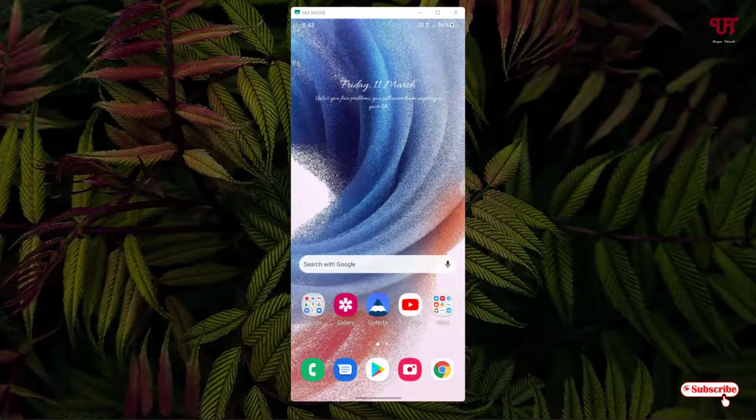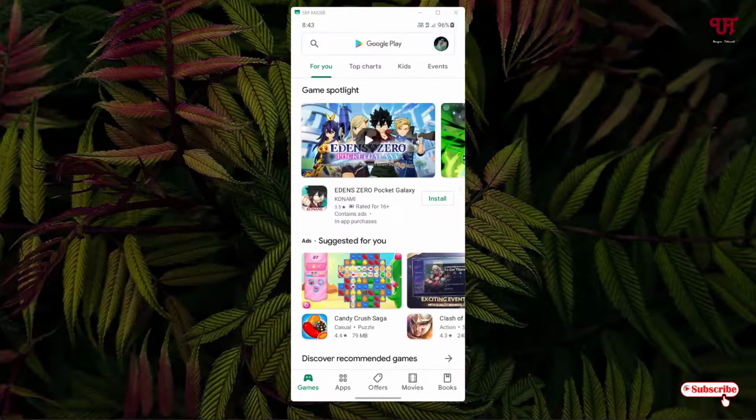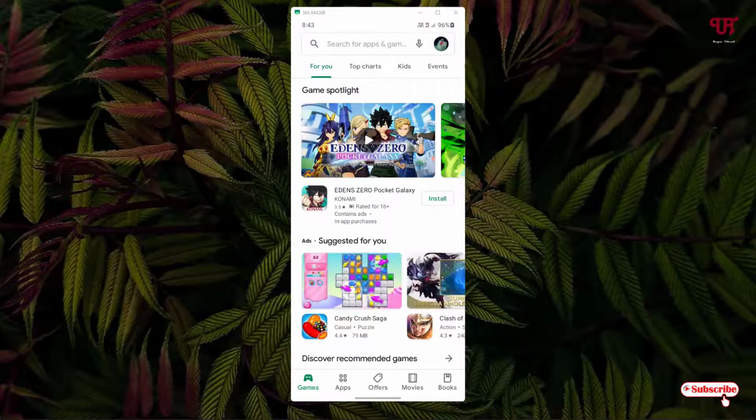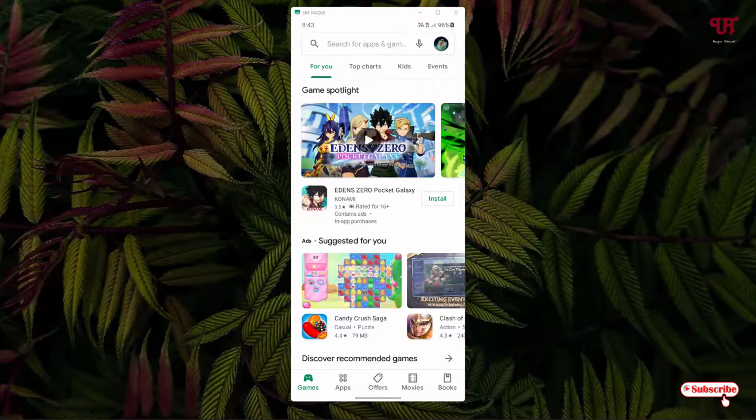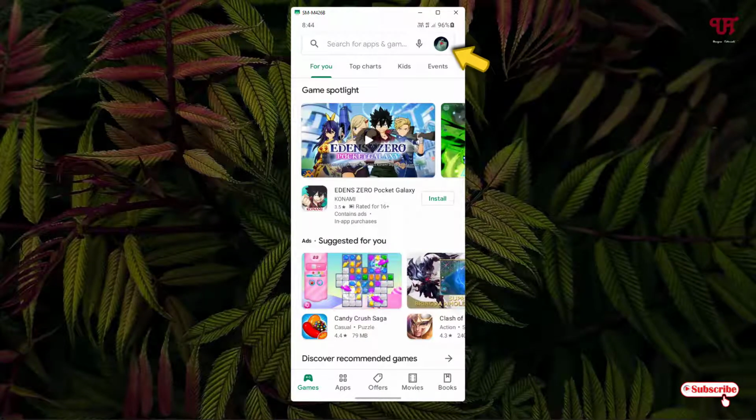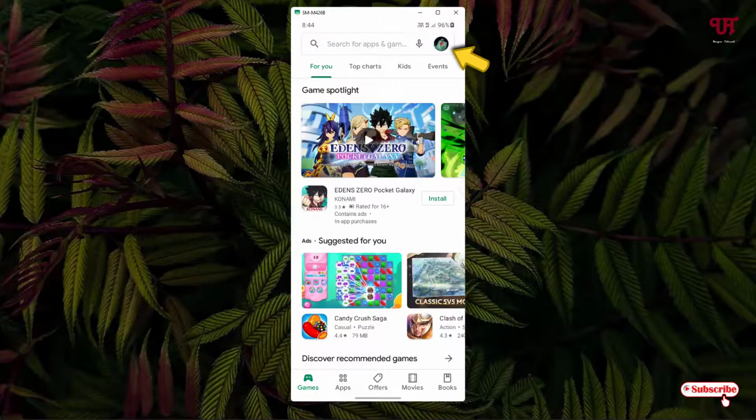So right now you can see my Android home screen, right? Firstly, what you need to do is just open the Play Store. Most probably everyone purchases apps or games from the Google Play Store itself. So to find out on which date you purchased which app in any Android smartphones or tablets, what you need to do is just tap on your profile icon on the top right corner,